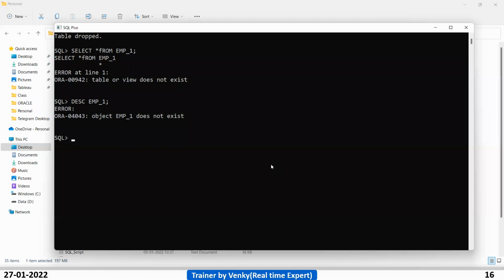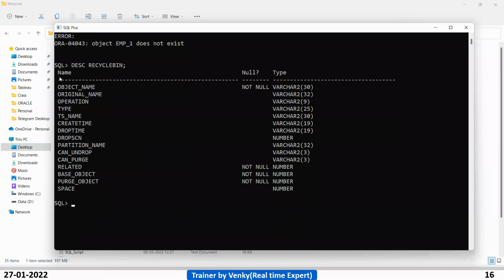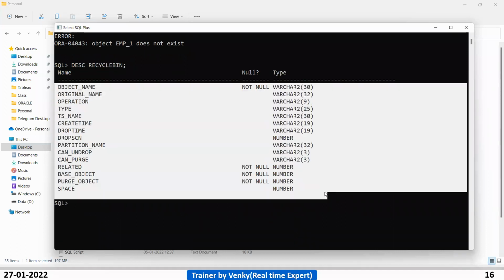We have a temporary deleted space. Sorry, recycle. Yes, we do have a recycle bin in our database as well. So now you may ask me, how do I need to know whether it has been saved in the recycle bin or not? Just describe the table of the recycle bin. See, these are the columns for the recycle bin.